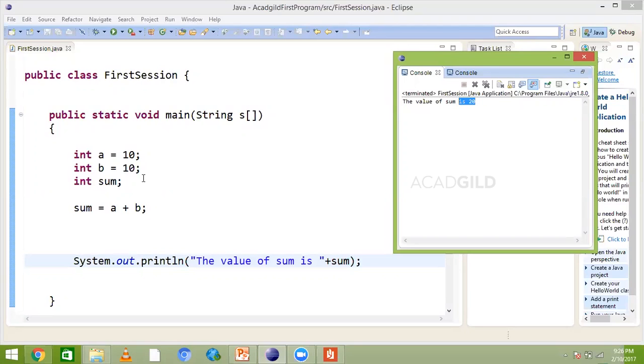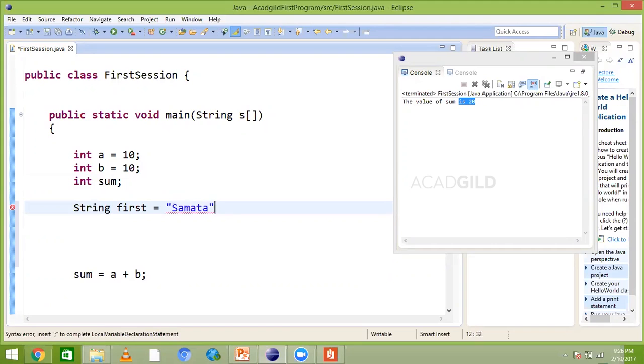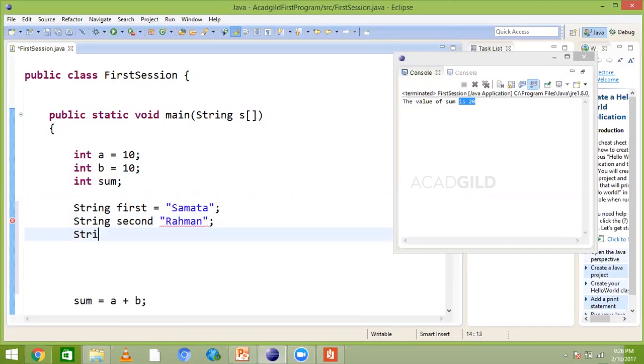concatenation. See, if you take two variables as a string, say String first is equal to a name, just like say Samata. Okay, and String second is equal to Rahman. Okay, and String third, and if you want to add these two values,